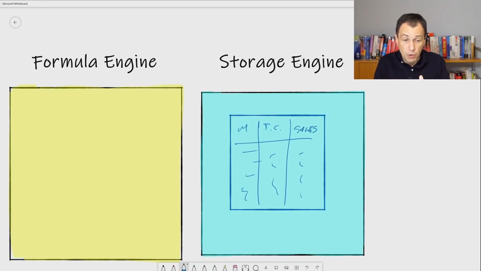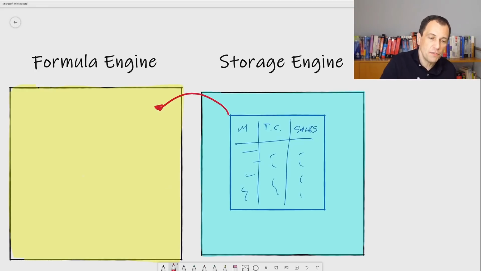And the formula engine receives this cache, this data cache. This is the internal name of the result of the Vertipack query, data cache. And this data cache is transferred to the formula engine that performs the other calculations, that in this case are identical to the calculation we described before, because we have to compute the margin and the margin percentage.